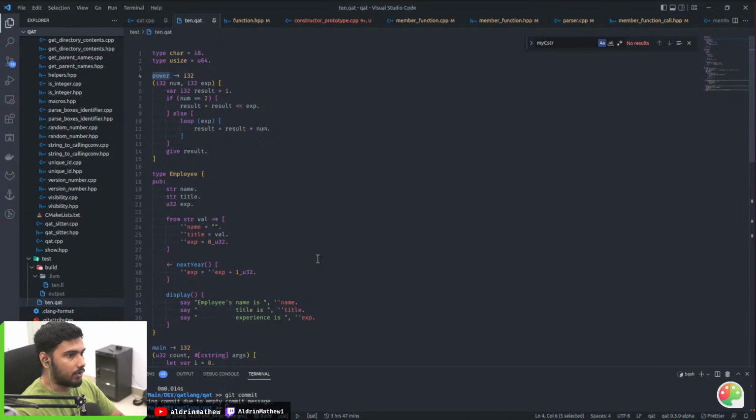I couldn't find an operator or instruction in LLVM that does power, like calculation of exponents. So this function does exponent calculation for the I32 data type. And by the way, template types like you see in C++ will be added to cat. Template types are work in progress.